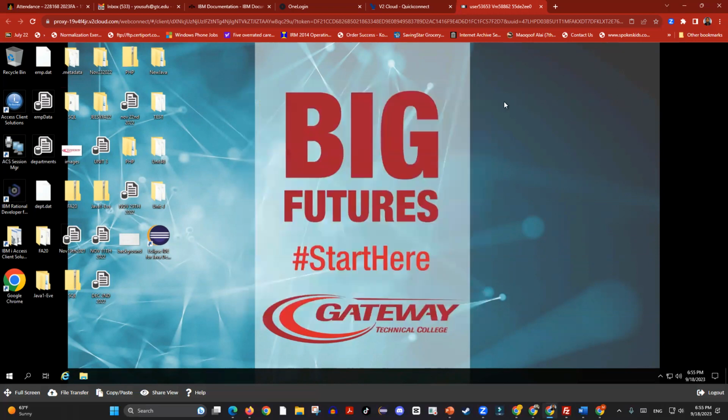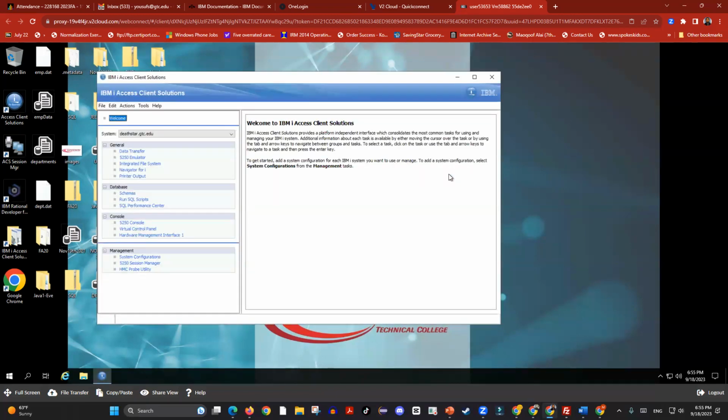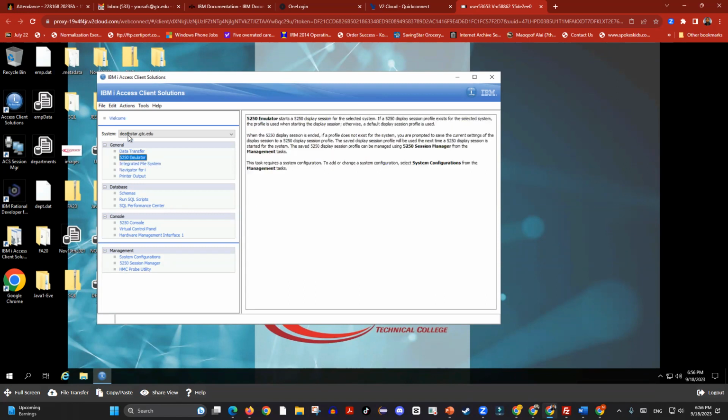So which application should I open to access the 5250 emulator? Is it the Access Solutions? Access Solutions, ACS, Access Client Solutions. In the ACS, when you are firing it up for the very first time, what is it that you have to do, but you don't have to do it every time? Only when you're doing it the first time. What is it that you have to make sure? If you're in the right system, maybe. Very good. You need to check the name of the configuration. The system should be